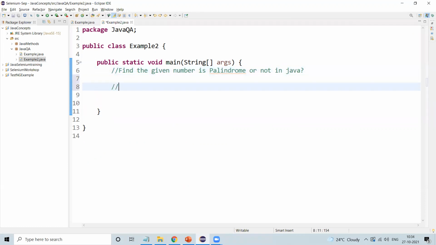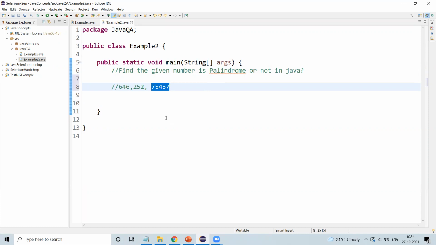For example, I can add 646, or 252, or 75457. If you reverse this number, it should be the same as what we have seen.